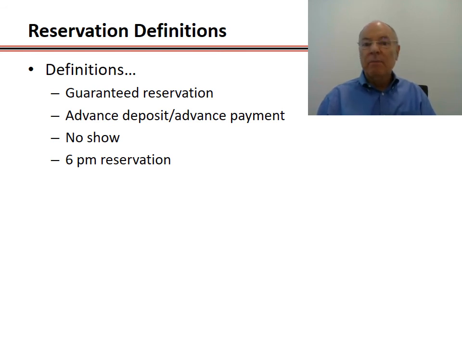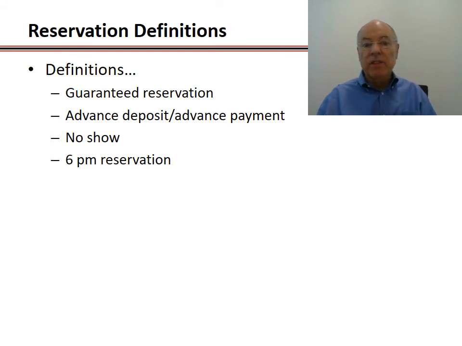Why does a no-show happen? Many different reasons. People's schedules change, flights don't get connected, all kinds of things happen along the way. But no-shows can be quite a challenge if you're in a convention city where you're just one of the hotels in the room block for the group. People will book your hotel, and at the last minute they'll be able to get into a hotel closer to the convention center, for example, and they will not cancel their reservation, they just won't show up. If they don't have a guaranteed reservation, not a big problem, except that you as a hotel maybe went down without that room being sold.